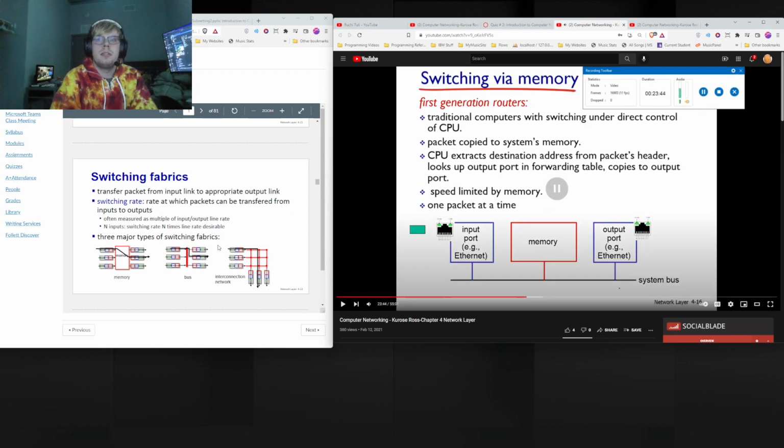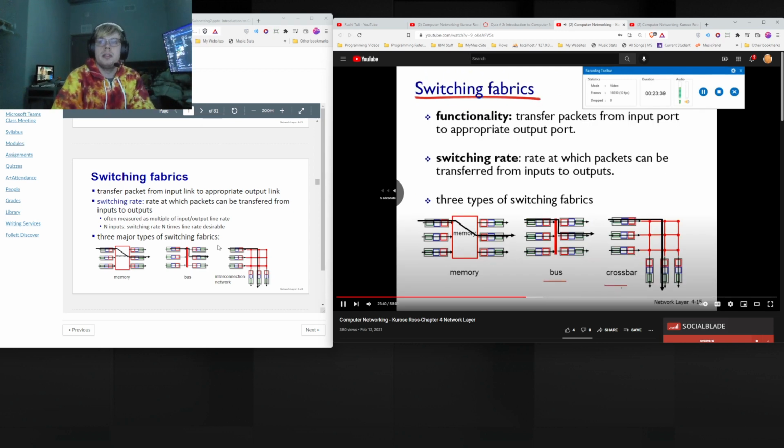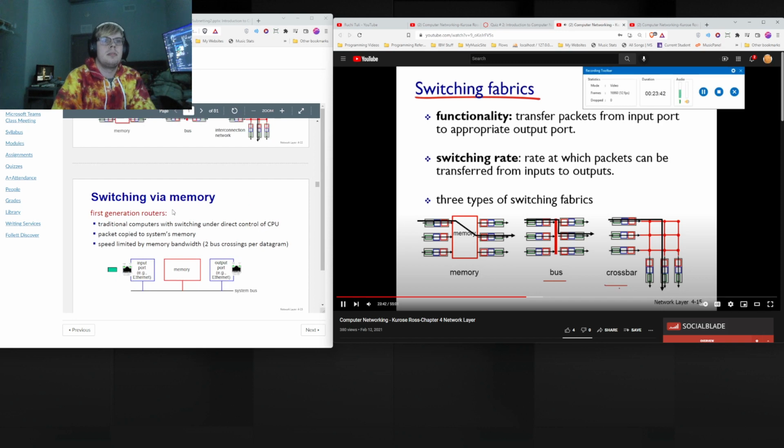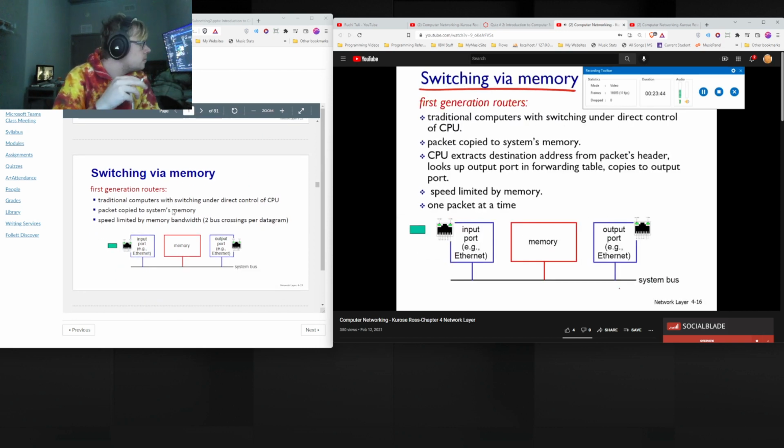Switching via memory. she says crossbar. Memory switching crossbar. Now let's understand what's the difference between them. Switching via memory, switching via bus, and switching via